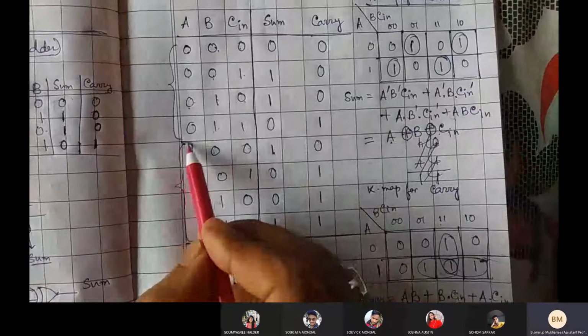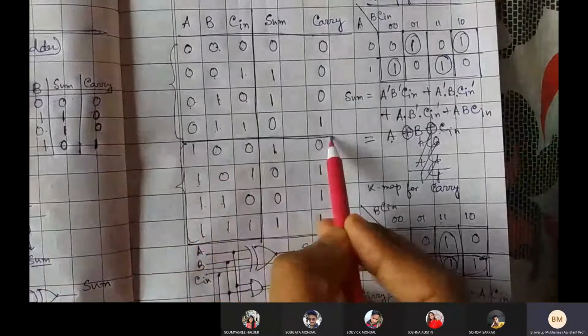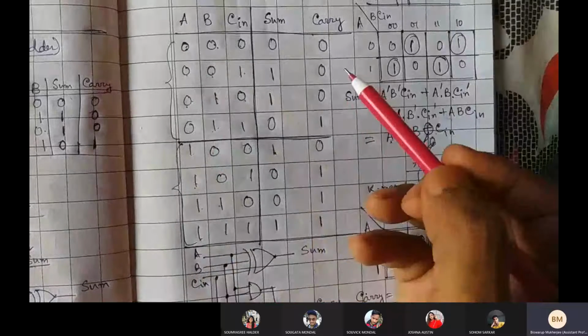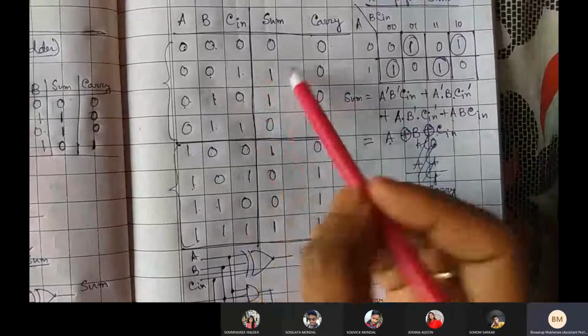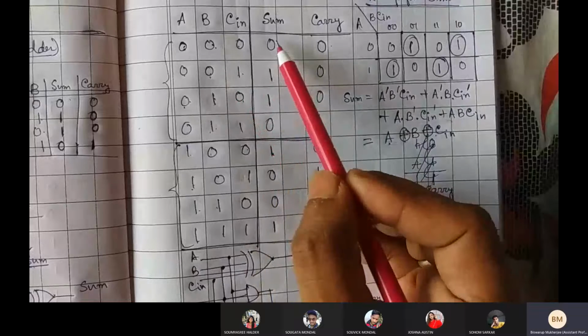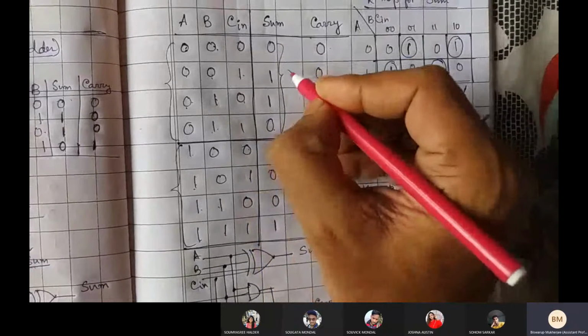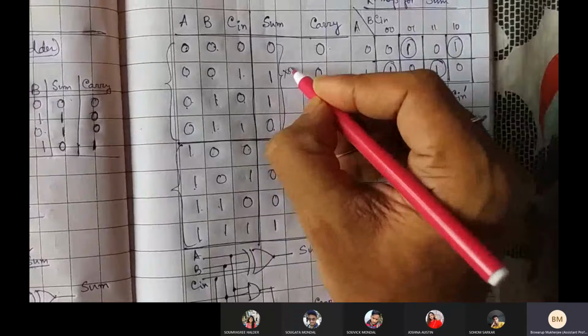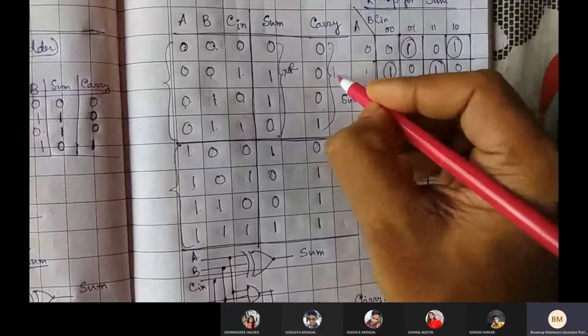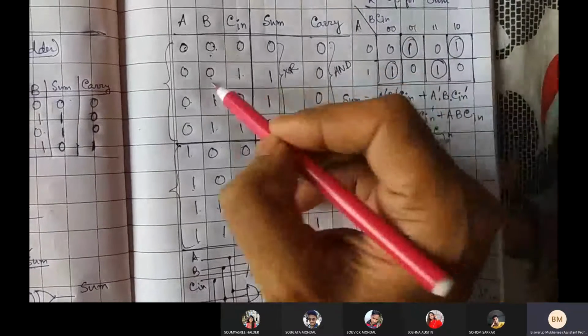Now if you just look after this logic, this is A as 0, this is A as 1. Okay. So let me divide this one. For A equal to 0, sum and carry, how is it being generated? It is something like, look, 0 1 1 0 0 0 0 1. So for A value 0, the sum is the XOR operation between B and C, right? And the carry is the AND operation between B and C, right?